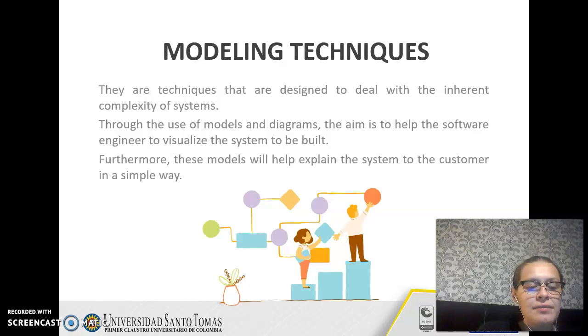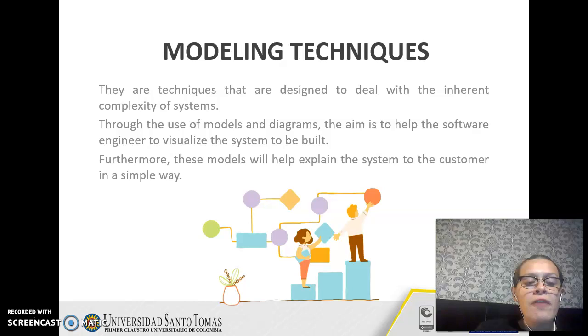Modeling techniques. In addition to this, in requirements engineering, we will have to use some modeling techniques. I am going to quickly explain 5 modeling techniques, which are